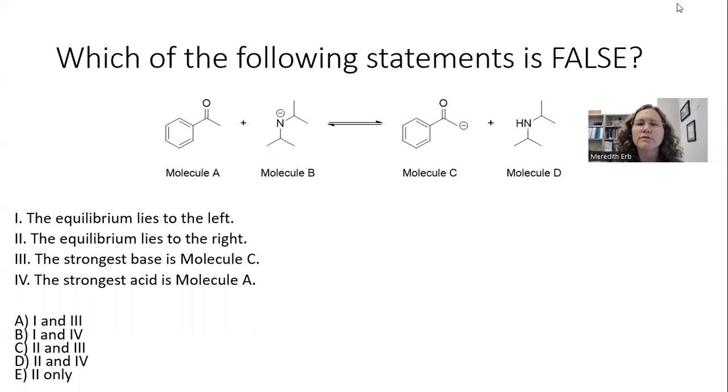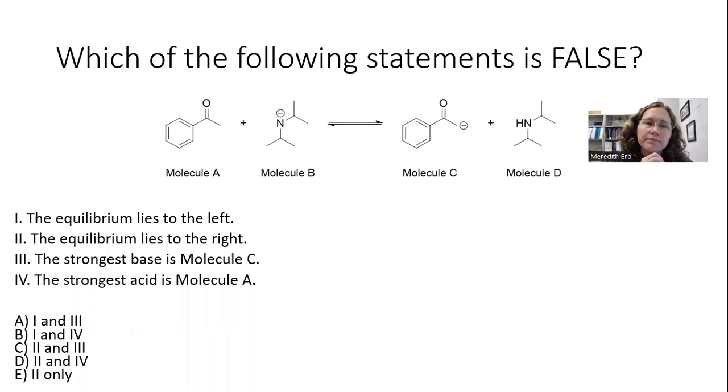This question asks, which of the following statements is false? So up here we have an equilibrium. We have molecules A and B going to molecules C and D, or the reverse, molecules C and D going to molecules A and B. And to answer this question, we have to figure out: does the equilibrium lie to the left or to the right? So the key for determining which direction the equilibrium lies is to find the strongest acid